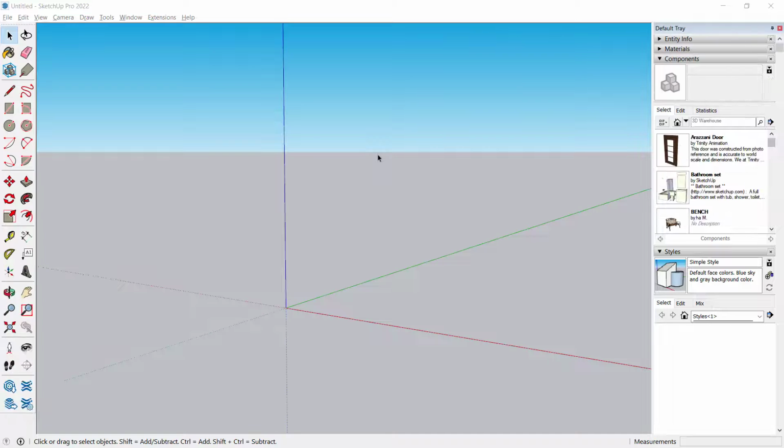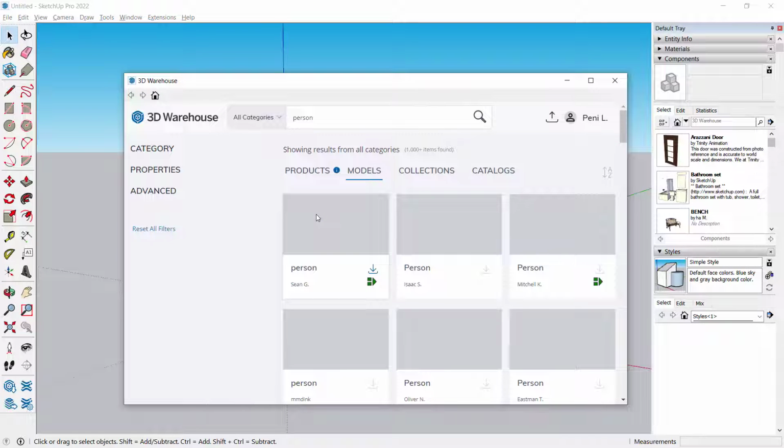Hello everyone, today we are going to learn how to add person in SketchUp. To add person, you can go to 3D Warehouse, click at this icon, and the 3D Warehouse